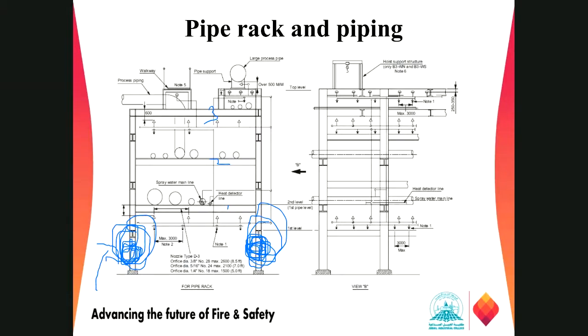So if it is not fireproofed and if there is no water system, maybe after half an hour, 20 to 30 minutes, it will be totally damaged. Once the strength of the material gets lower, it will collapse. Once it collapses, the situation goes out of control because we have the process piping going from one side to the other, the cooling water piping going from one side to the other, and we have the pressure vessel.